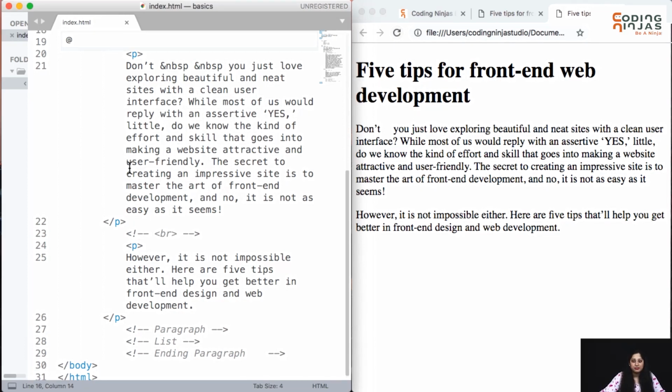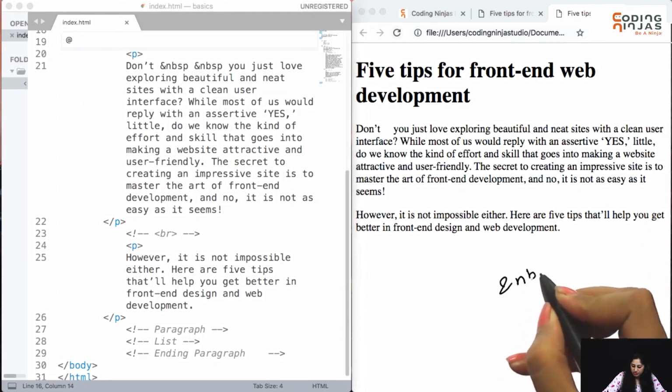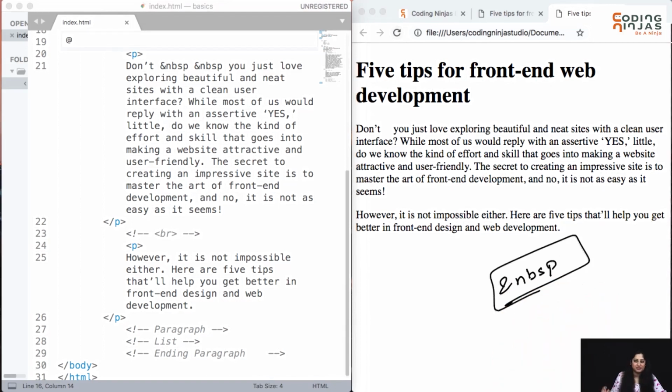Now after the paired tag, we learned about paragraphs. Whatever lines belong to one paragraph, it makes sense to group them under the paragraph tag, so that later when we learn CSS, we are able to apply all the styles to one complete paragraph. So paragraph tag, break, and if you want to add multiple spaces between two words, then you will have to use no break space. The syntax to write this is ampersand NBSP. I hope these points are clear. I recommend that you try and use them yourself once in order to get a better understanding.